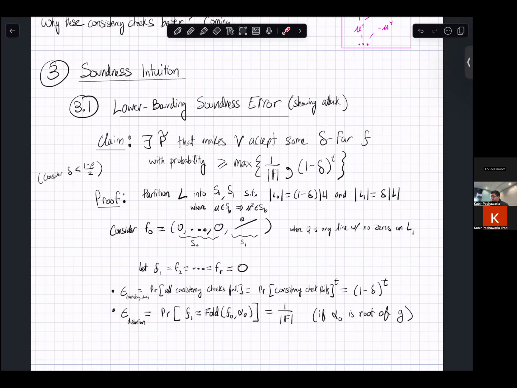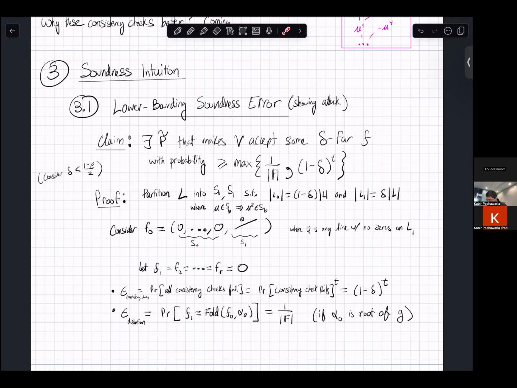Okay. And then the second thing is this, 1 minus delta to the t, which is sort of, 1 minus delta is your chance of even being able to see whether an error happened. Now, 1 minus delta fraction of stuff is okay, right? Because we're delta far away from the code means 1 minus delta is actually close to the code as a fraction.